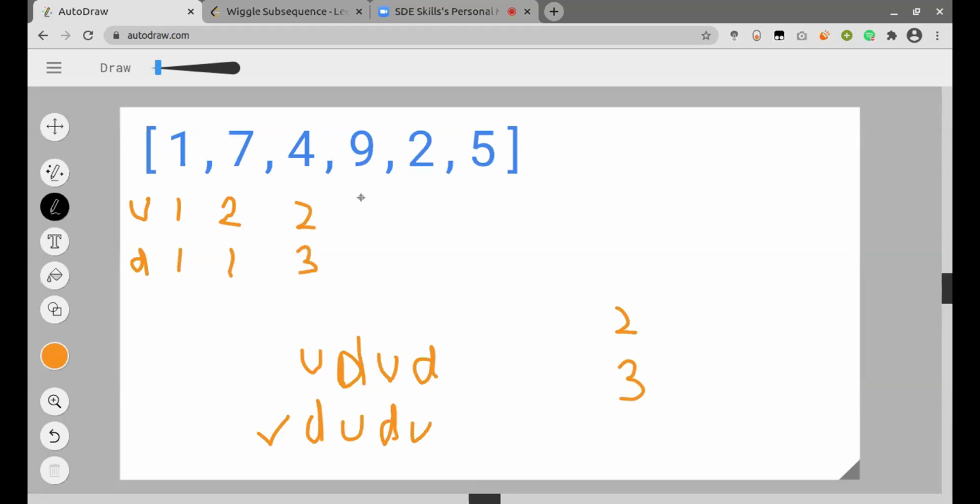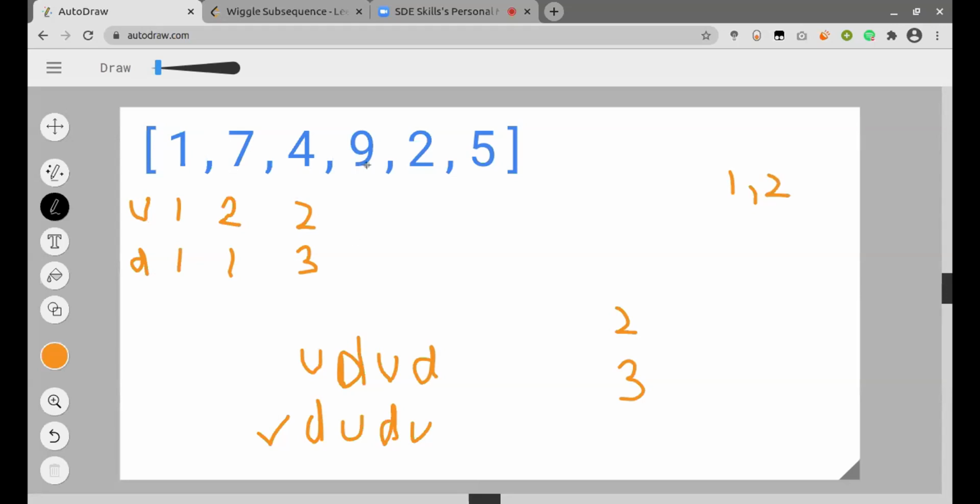Now when I come at 9, I will see 1 9 makes it an increasing sequence. So I'll take the decreasing value and add 1. So it will give me 1, and which is for the increasing one. Now when I come at 7 again, this is an increasing sequence. So I will take the decreasing value at 7 and add 1 to it, which will give me 2 here.